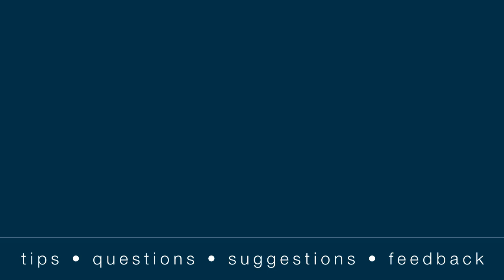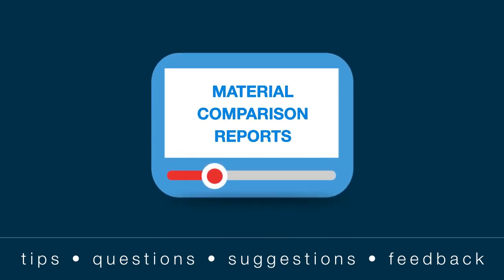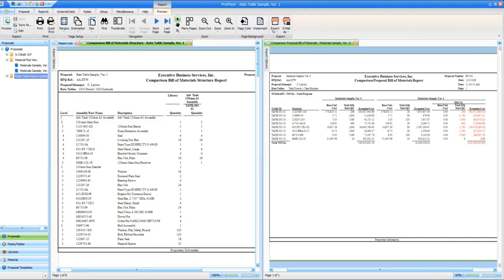ProPricer report list, material comparison reports. Material comparison reports are a game changer for ProPricer users because now you can fully report on proposals' materials and verify everything is correct. These reports can help any pricer print a bill of materials for parts and assemblies in a proposal and quickly compare them to other parts and assemblies in ProPricer, even if they're in a separate library